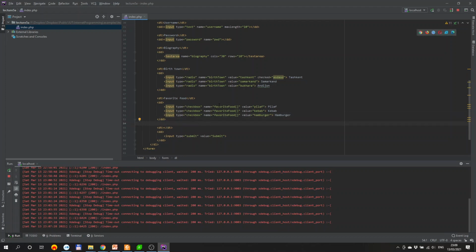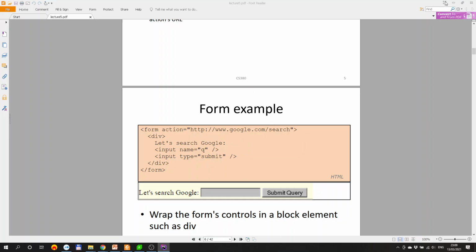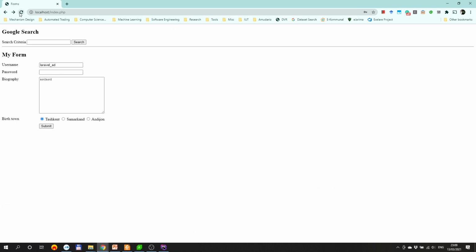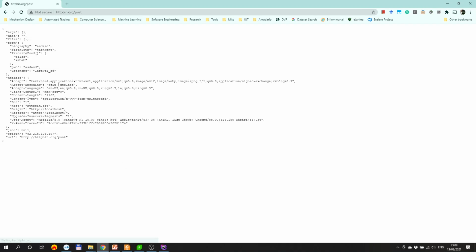So I have these checkboxes. Again, they are grouped with the same name. They have different values, and I have these small captions that indicate which value I'm selecting. Some sort of a label. I can select multiple as well. I can press submit, and now you can see that this particular parameter is an array parameter. It contains, instead of a single value, multiple values, pilaf and kebab,